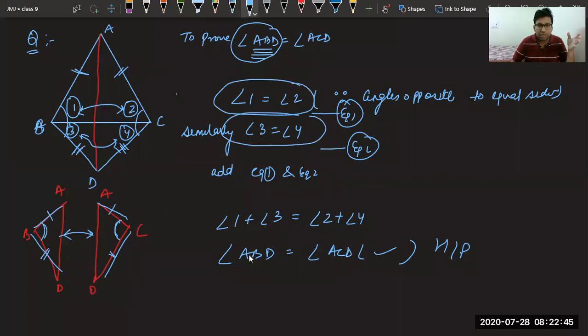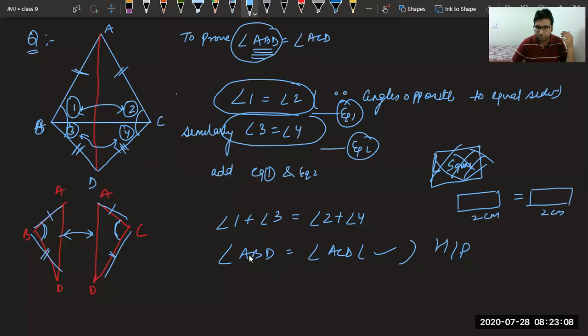I have told you, suppose you have a box. How should I say? Suppose you have a square. It will not work. Okay, suppose you have a scale 2 centimeter long. It is equal to another scale 2 centimeter long. This is the first case. Then you have one more small square which is of 1 centimeter. This is also 1 centimeter.